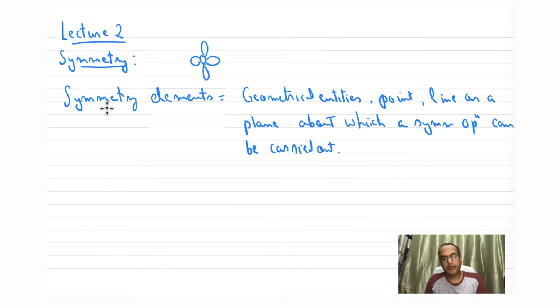So you can see, while defining symmetry elements, we also have to invoke the term symmetry operation, right? You cannot define a symmetry element without a symmetry operation. So when you are defining a symmetry element, the term symmetry operation comes, and similarly when you are defining a symmetry operation, symmetry element will come. So let's say if we are defining now